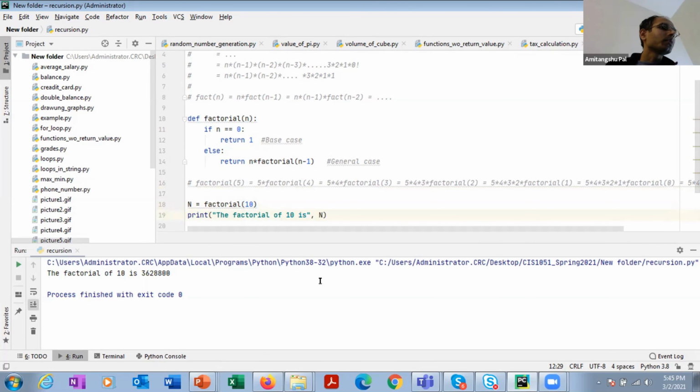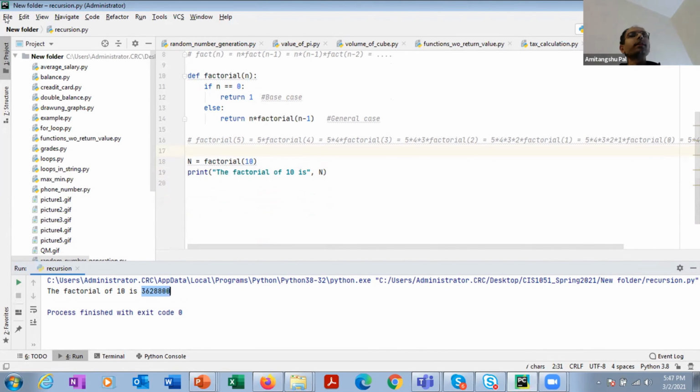All right, now let's write another very important recursive function, which is related to the Fibonacci series. Okay, so let's see.